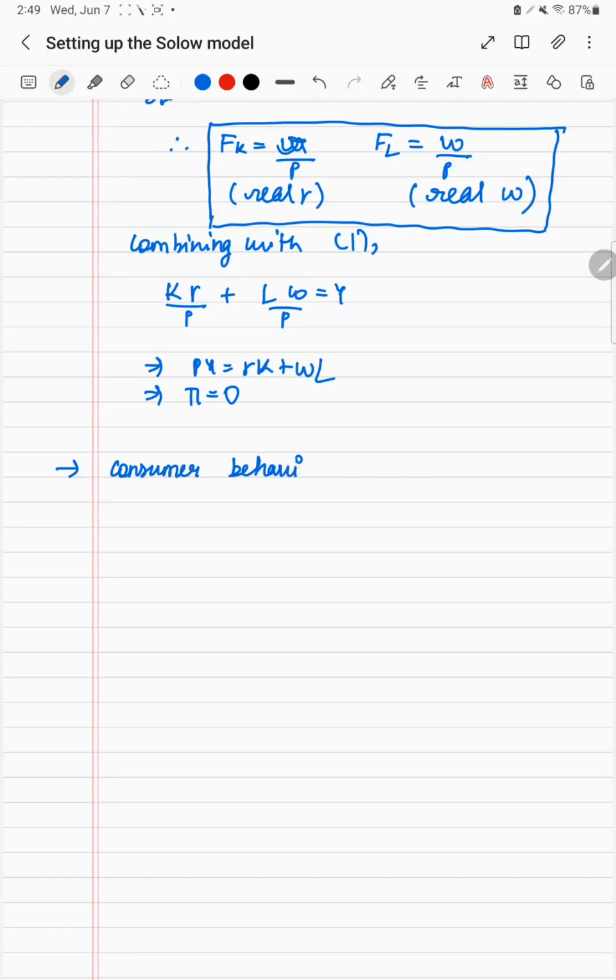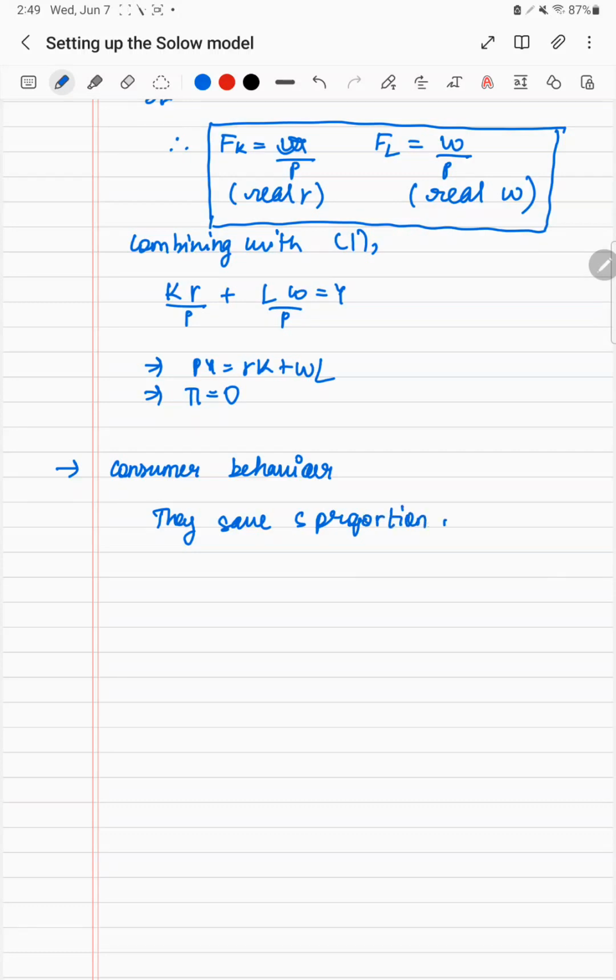So usually, as I told you, macro models assume a representative consumer who is utility maximizing. So here, this is another weakness, in fact, of the Solow model. You don't deal with the consumer at all. You just assume a type of behavior, which is that they save S proportion